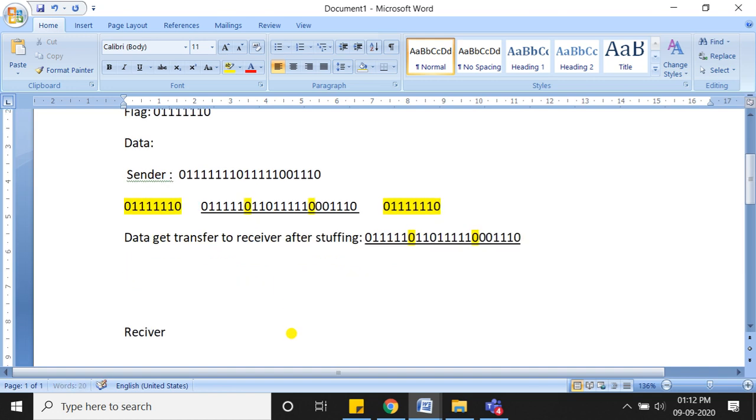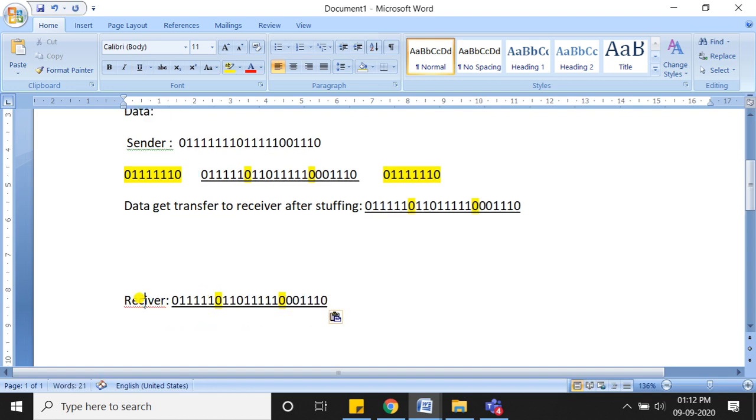Now at the receiver side, whenever the receiver receives this data, whenever the receiver sees continuous 5 ones followed by 0, then he will destuff that, meaning he will remove it.